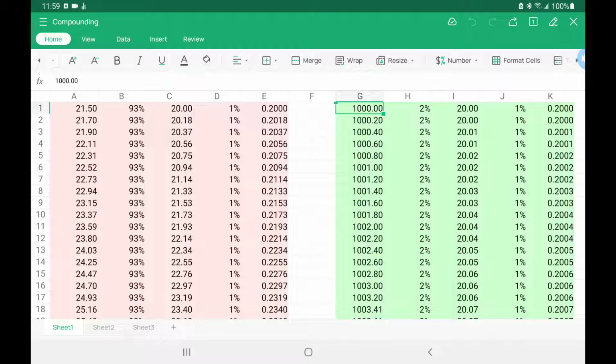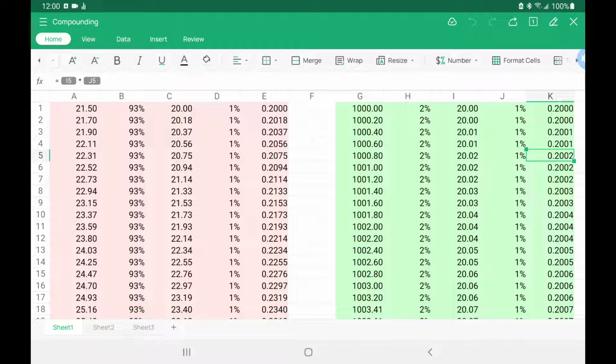Whereas over here, column G, $1,000 budget, 2% of your maximum budget, or $20. Columns D and J are the same, which is your take profit. And as you can see, column K and E, those are the actual profits you would receive at 2% of your position size. Notice that it doesn't really pick up all that quickly on column K,